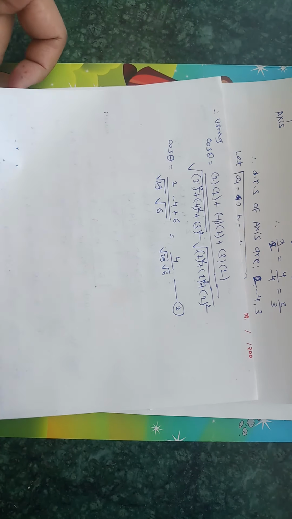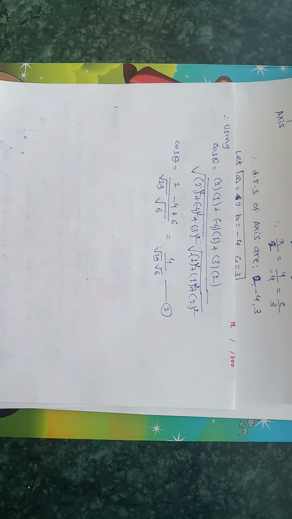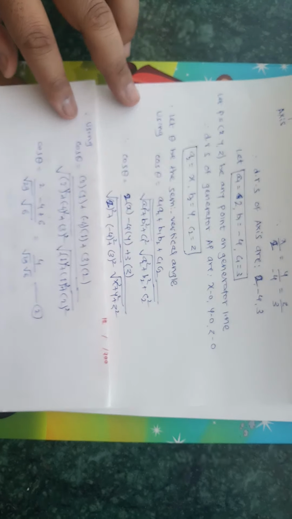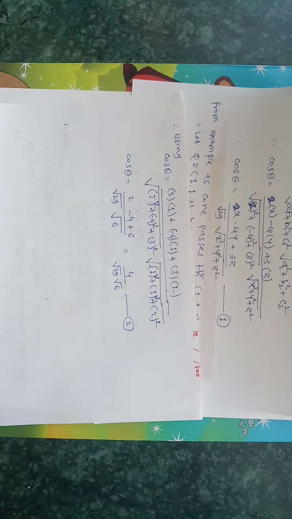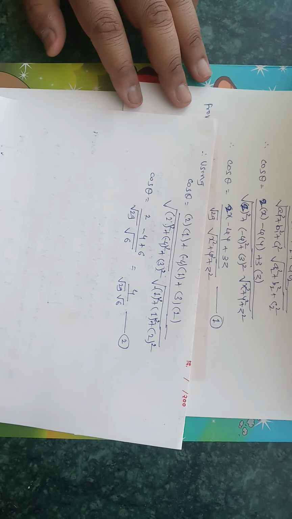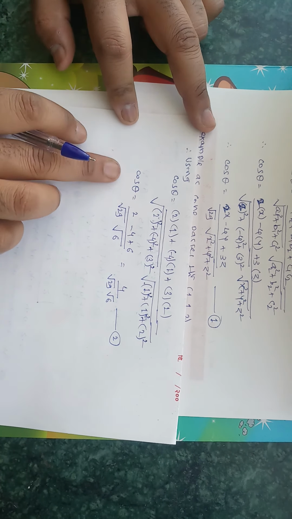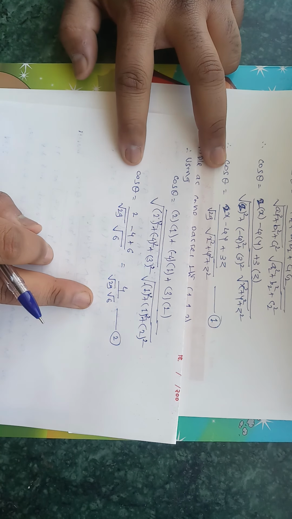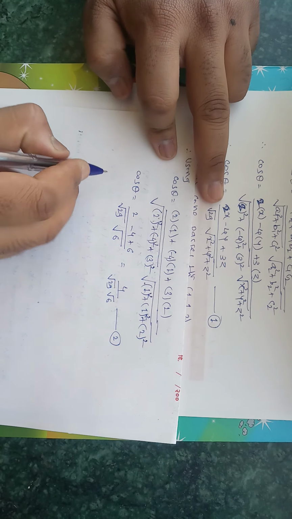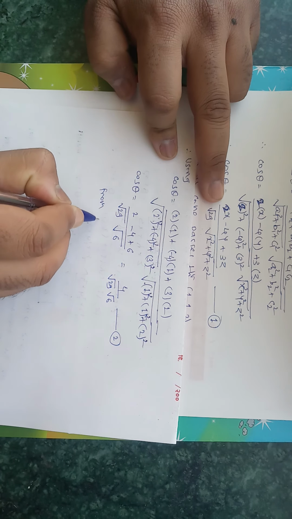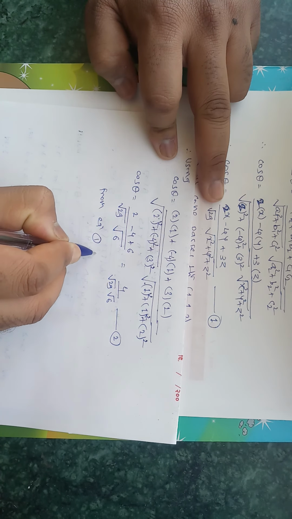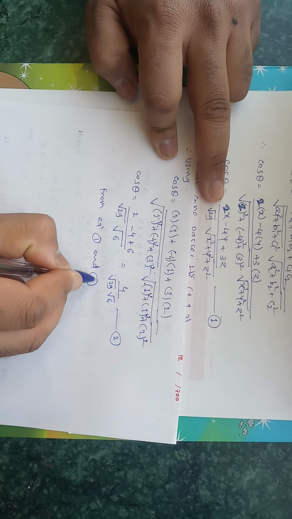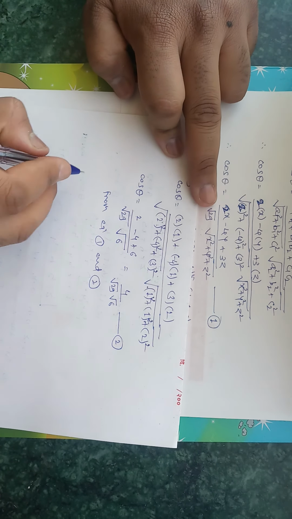As the semi-vertical angle theta is the same because the cone is the same, that means cos theta is also the same. I want to say that equation number 2 and equation number 1 are the same now. As the left hand side is equal to cos theta, so the right side is also equal. So from equation 1 and 2, I will compare both the equations to get the required result.